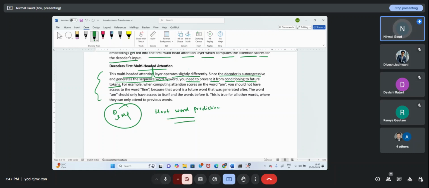This is the task of multi-head attention because decoder is auto-regressive. So you need to prevent it from conditioning to future tokens. आगे नेक्स्ट क्या टोकन आएंगे, नेक्स्ट टोकन्स व्हाट दे शुड बी, यू नीड टू प्रिवेंट इट